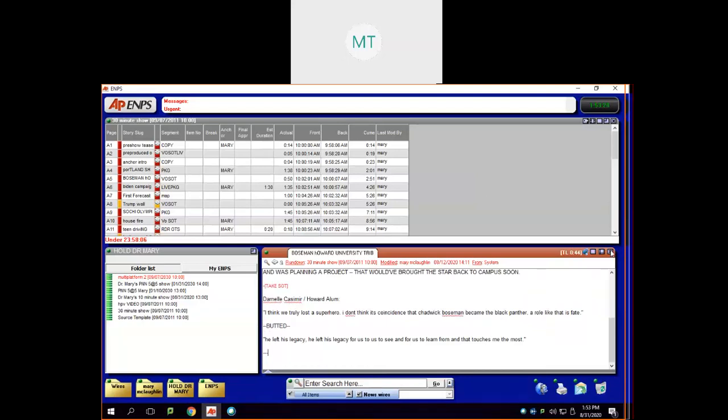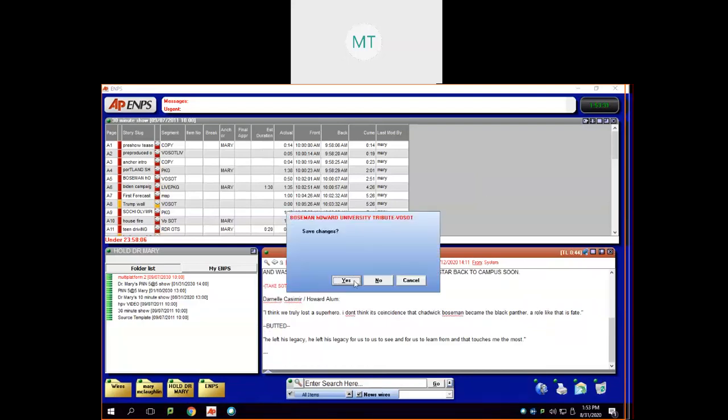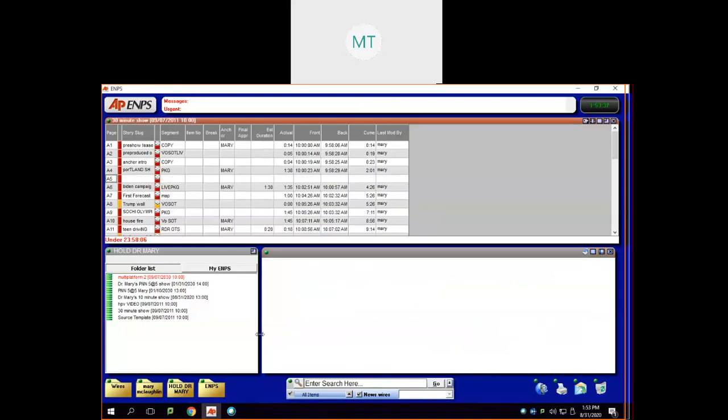So I have that done. So I'm going to X out, and I'm going to say save yes. What is butted? Butted means 2 SOTs back to back. And you can do that. You can be pretty creative with SOTs. You can have a VOSOT, you can have a SOT VO, you can have a SOT. It's basically, so let's say a reporter goes out to do a man on the street,